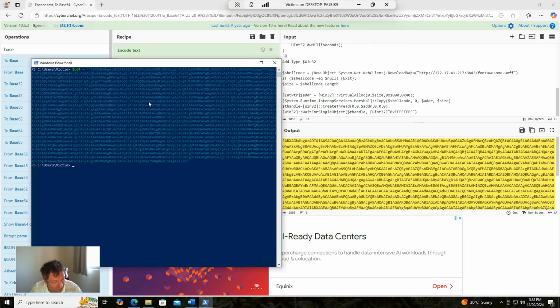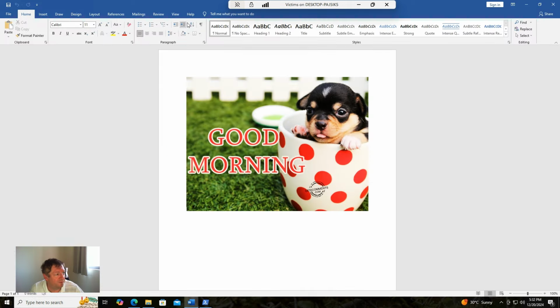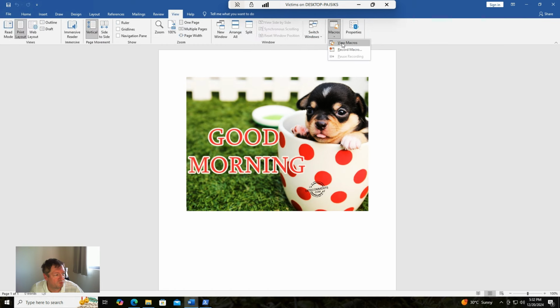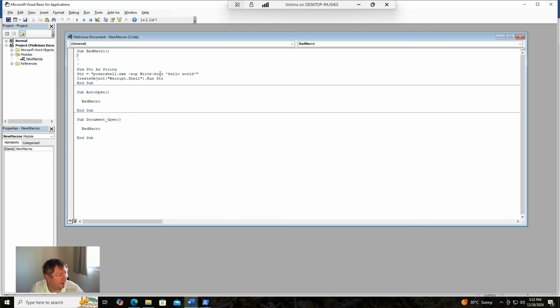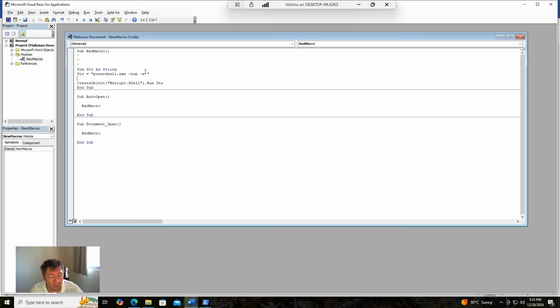Now, in an ideal world, all I need to do is grab our macro and put our encoded text here. We can start it with no profile -E and then the text. You would think that at this point we could just paste that base 64. The problem is